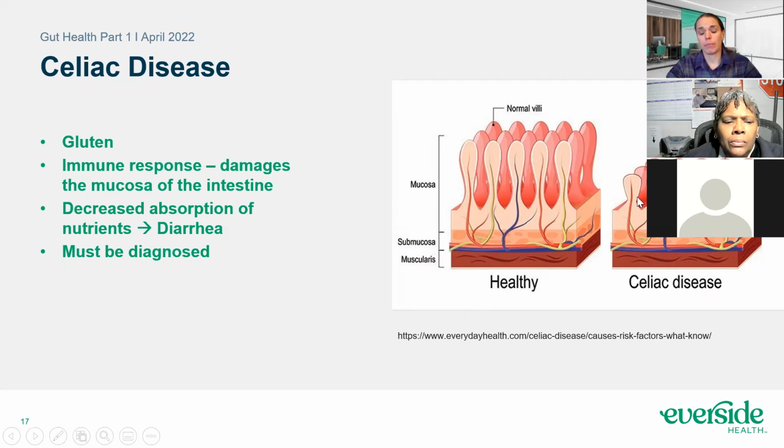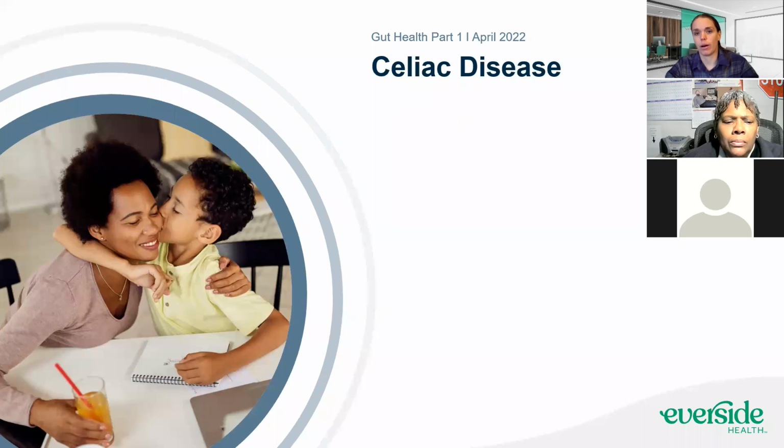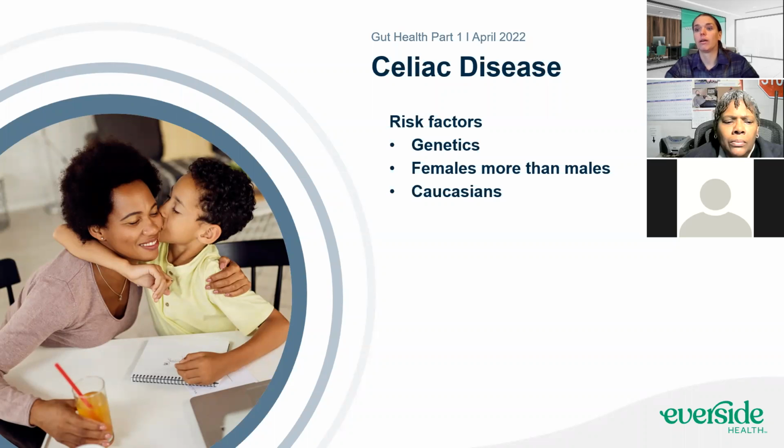And you want to make sure that you get that diagnosis for two reasons. One, if you have to avoid gluten, you have to avoid gluten, and you want to make sure you avoid it in everything. There's always a certain threshold for anybody, but the threshold for those with celiac disease is much, much smaller, and you're going to get that immediate damage, and it's going to cause long-term damage. Two, with gluten sensitivity, you're not getting this intestinal damage, and you don't want to cut out foods you don't have to. There are some health benefits to having wheat, barley, and rye, but if you cut them out and you don't have to, it's not as helpful.